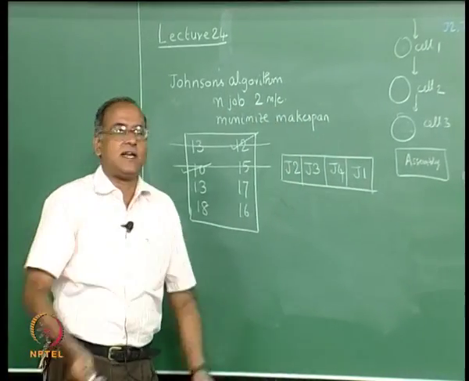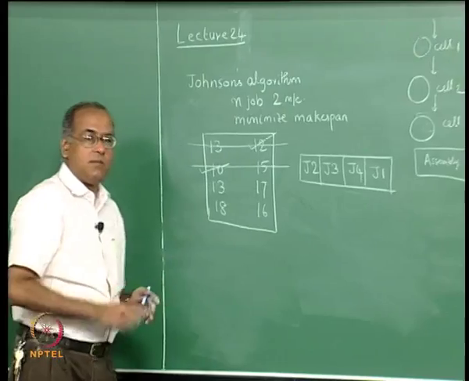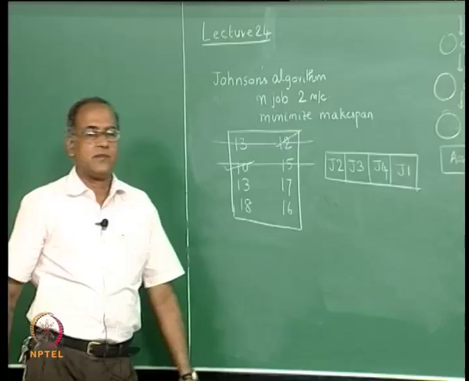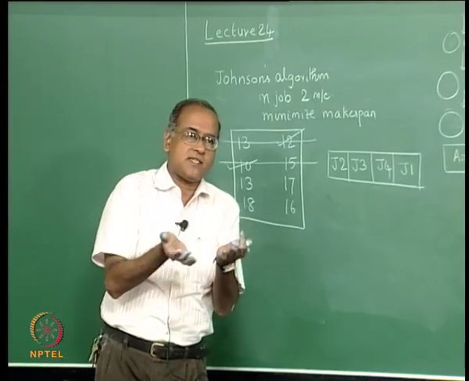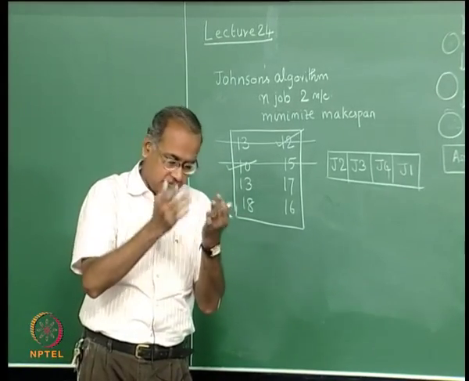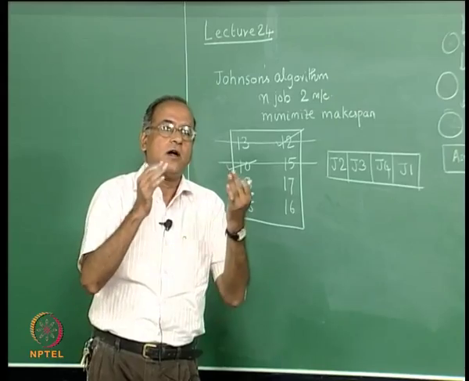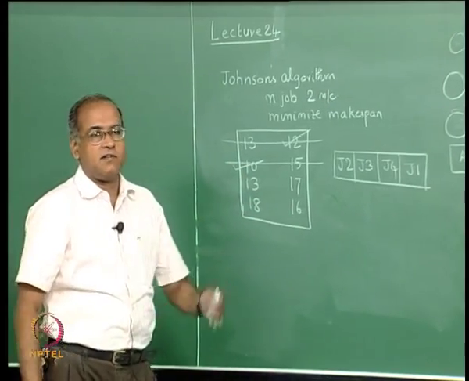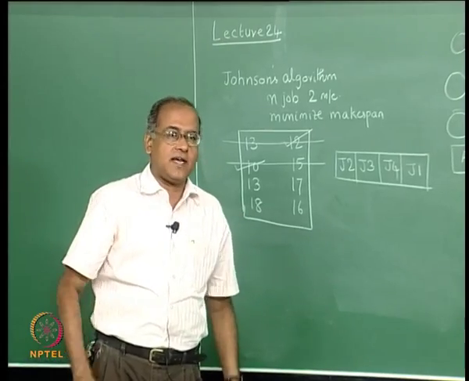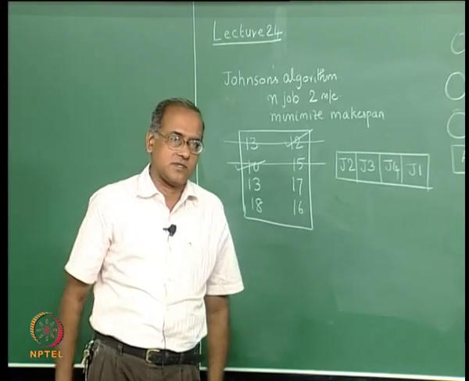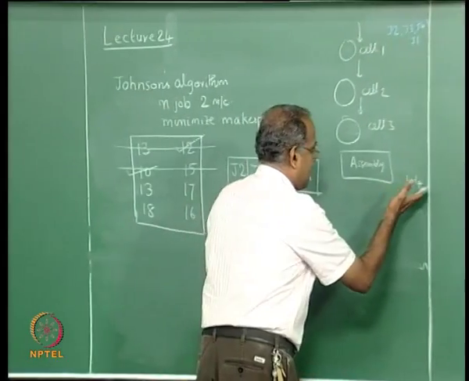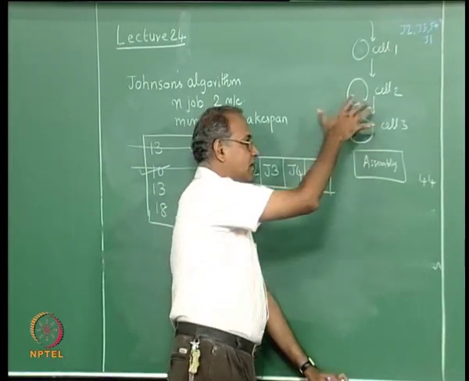It is only incidental that in this particular problem, both the Johnson problems give the same sequence. If the two Johnson problems give two different sequences, then the Makespan computed will be different and we will take the better of the two solutions. In this case both were equal, and we say that at time equal to 44 all of them are ready